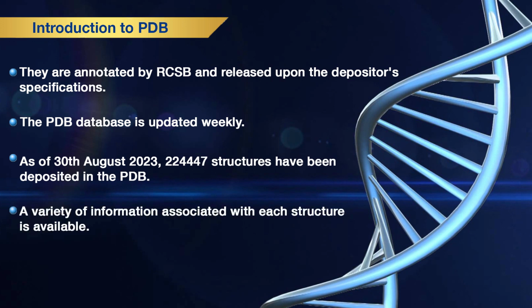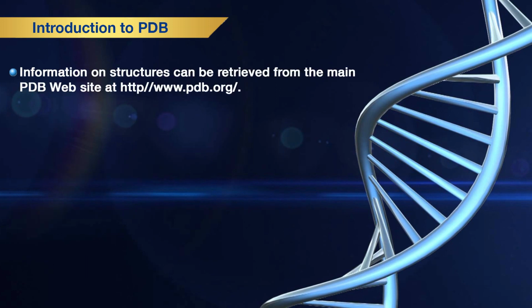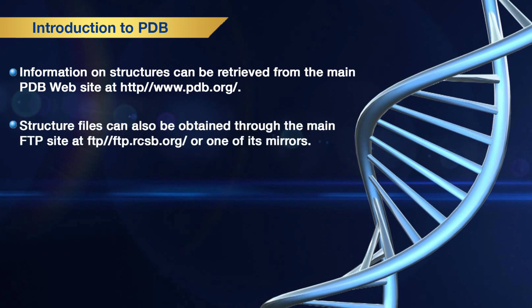A variety of information associated with each structure is available, including sequence details, atomic coordinates, crystallization conditions, 3D structure of protein, their experimental methods, geometric data, structure factors, 3D images, and a variety of links to other resources. PDB data is freely available worldwide. Information on structures can be retrieved from the main PDB website, that is www.pdb.org. Structure files can also be obtained through the main FTP site at